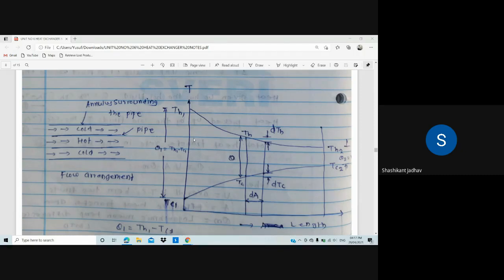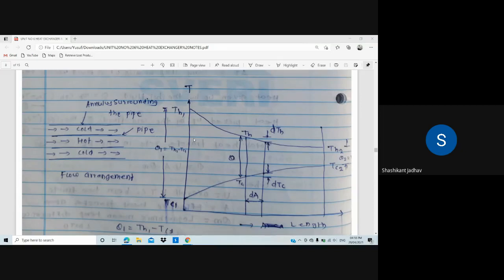That means, compared to the line we drew earlier for TH and TC, the temperature there has decreased. So whatever temperature change has happened, that temperature difference for the hot fluid is dTH, and for the cold fluid is dTC. Okay, so all of you draw this diagram, the LMTD for the parallel flow heat exchanger. Understood? In parallel flow, the direction of hot fluid and cold fluid will be the same.